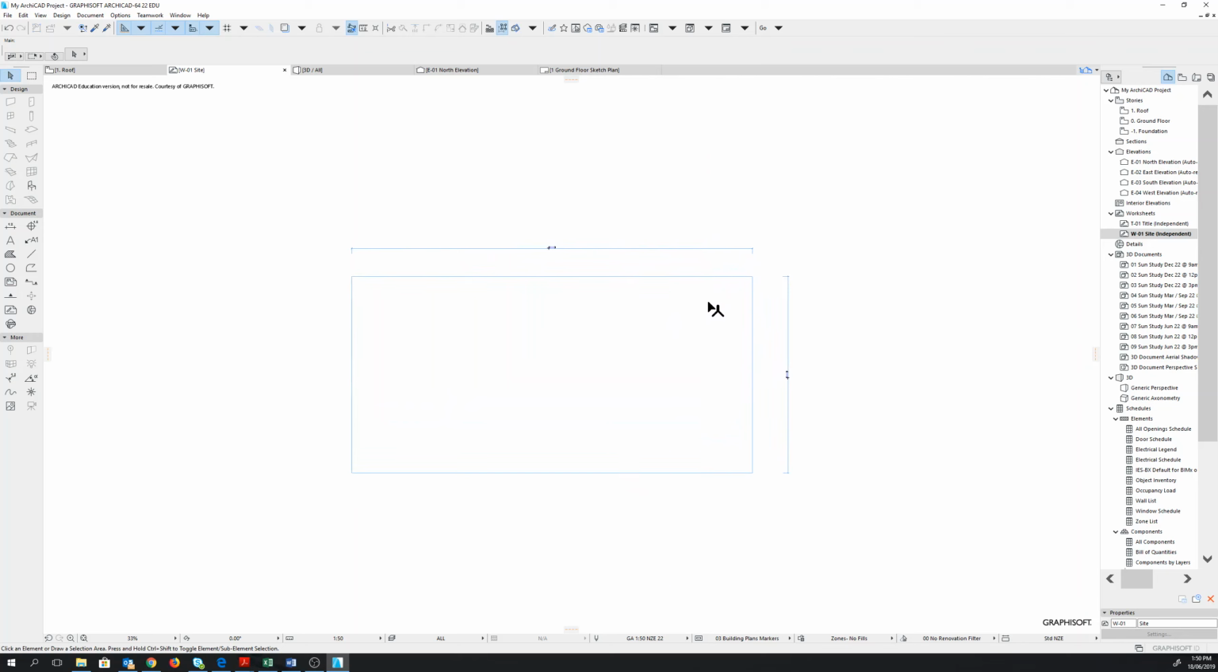Now we've created 3 guidelines on our site boundary, which will help us specify the contour lines. In order